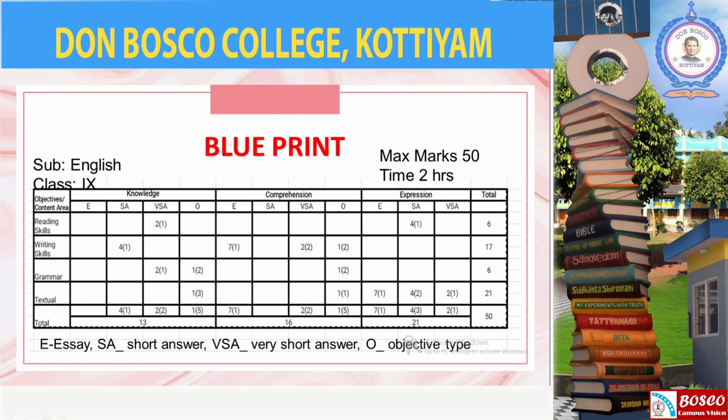So that is the second stage of test construction, the preparation of a blueprint. After completing the blueprint, you can give a summary of it: what are the different types of questions included in this particular blueprint? If there is any expansion, you must show the expansions after the blueprint. Then after that you can check.